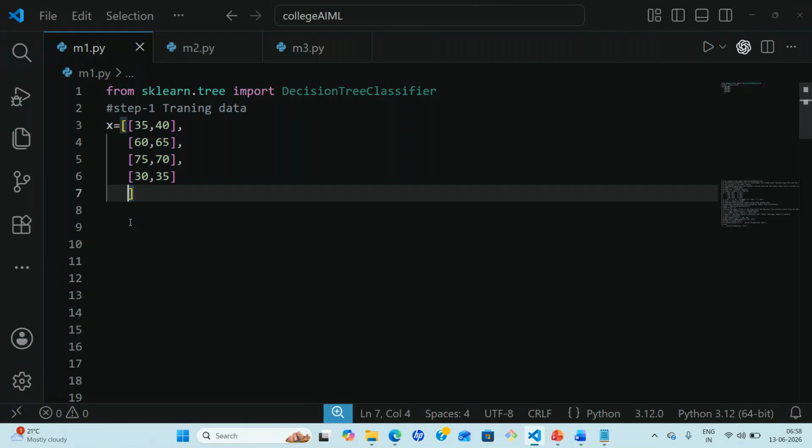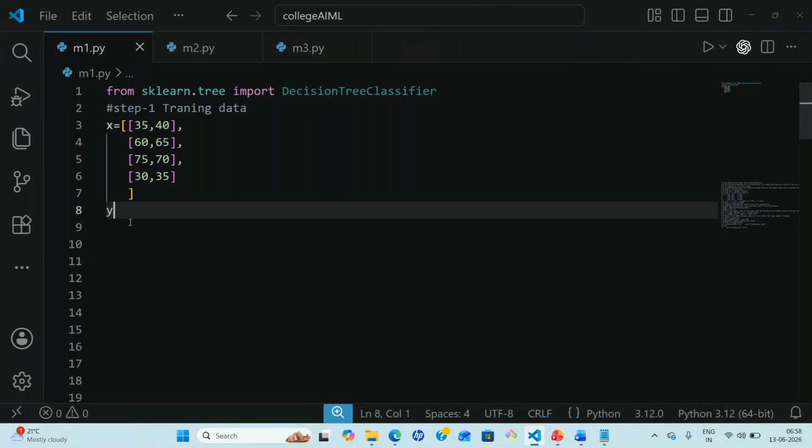So I've taken this as the training data, where each row has marks one and marks two. This is X, the input they have given. Now this is the output, your label, because this is the label we are talking about. In my label they have already given 0, 1, 1, 0. So what is the meaning of 0? 0 means fail